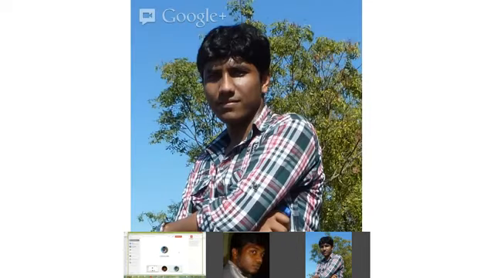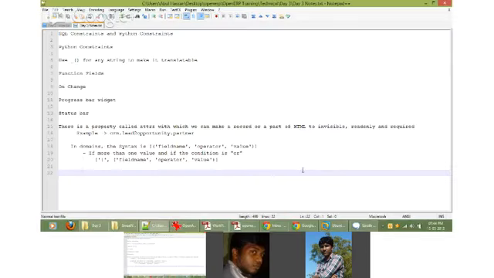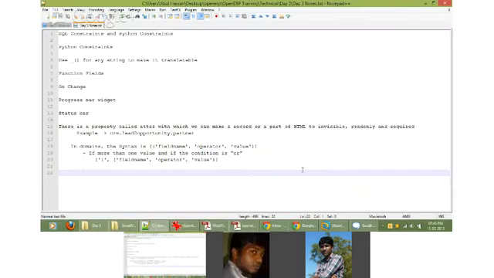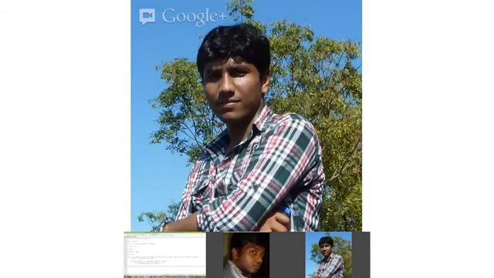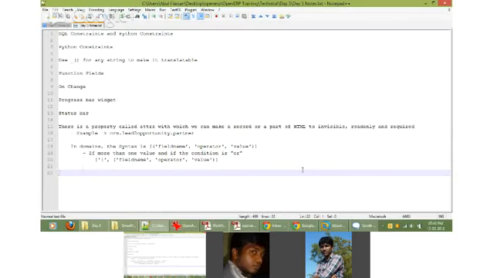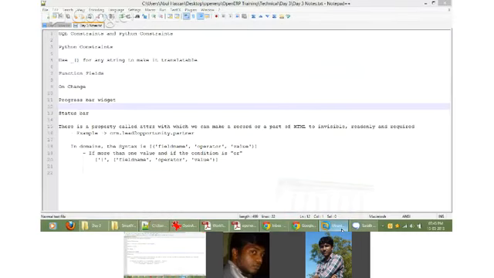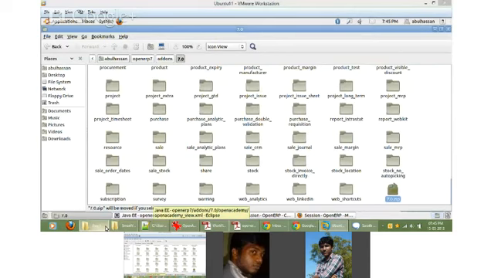Sir, another problem is there. After we create the add-on, suppose I want to uninstall it, it's not getting uninstalled. It's showing some error. I will tell you why that is, because in today's module you will come to know. Yesterday, Maya also asked a question about how to validate, and the error that you got is related to that. Today's topic covers validation also. So let me take up the day 2 notes also.